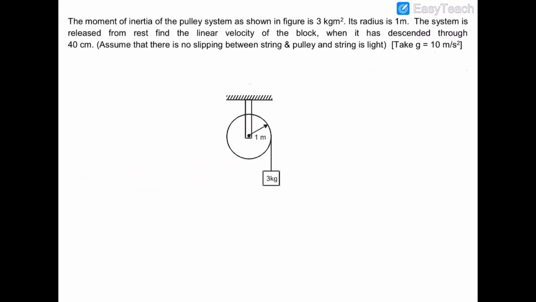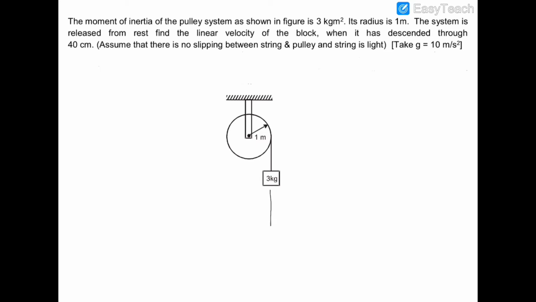In this question, there is a pulley which has a moment of inertia of 3 kg m², as mentioned in the question, and the radius of the pulley is 1 meter. Now there is a string which is wound up on this pulley, and this string is attached to a block of mass 3 kg. Now this system is released from rest, and we have to find out the linear velocity